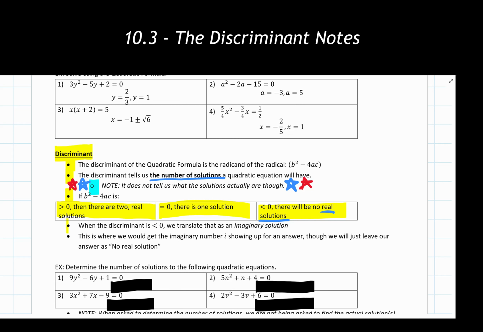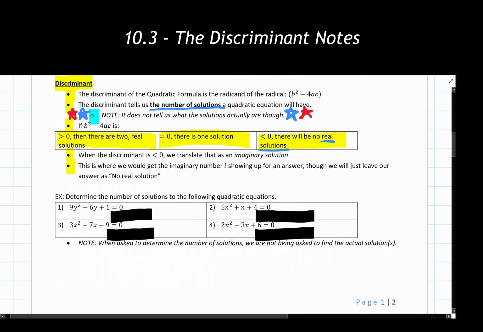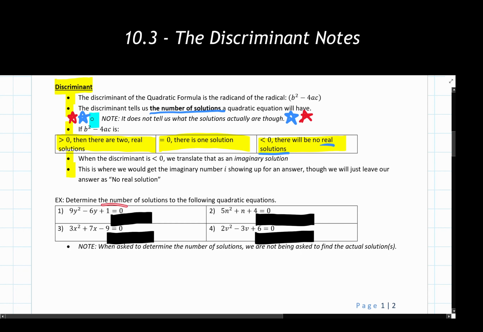As we have listed down below, we can see this written as imaginary solutions as well. Sometimes we list these out as no real solutions, and sometimes you might list it as DNE for does not exist. Just make sure you're clarifying that with your instructor, the program, or the textbook you're using as you're checking your answers. Let's take a look at some examples and see how many solutions we have for each of these quadratic equations.